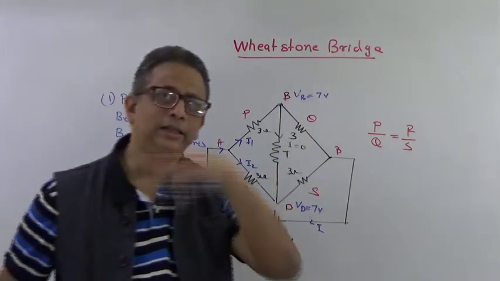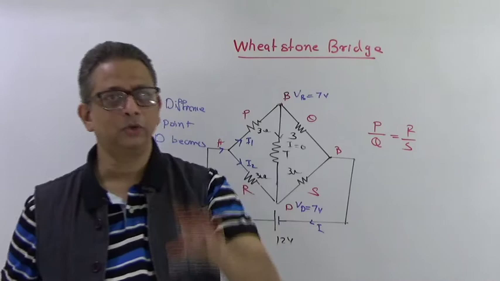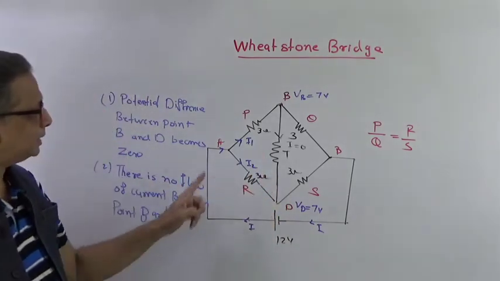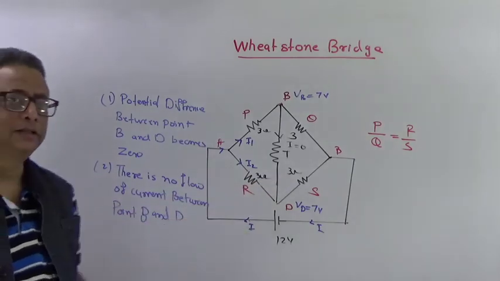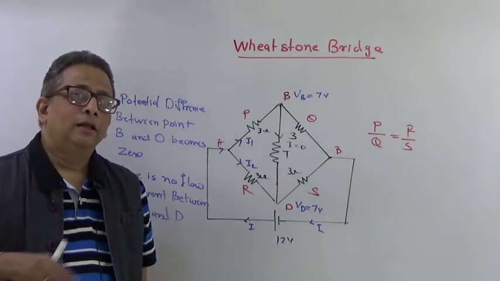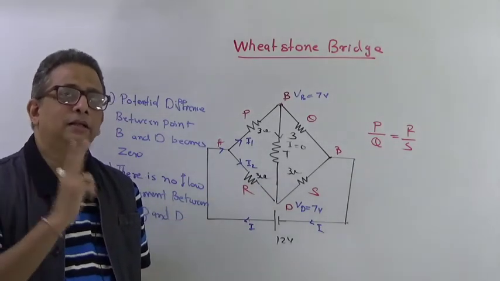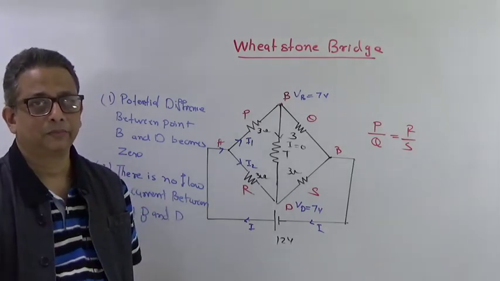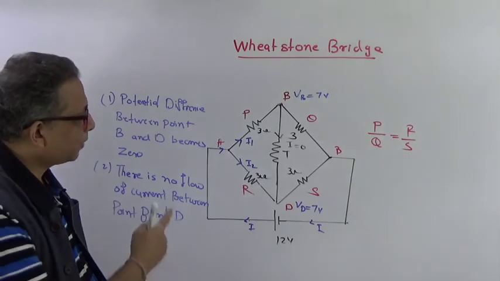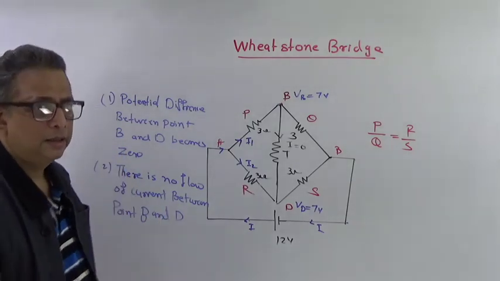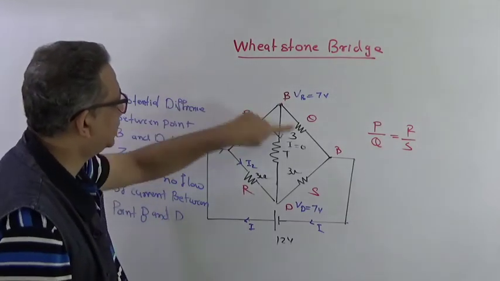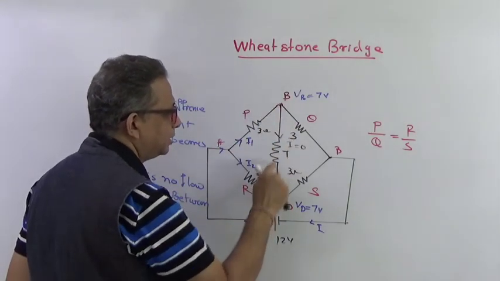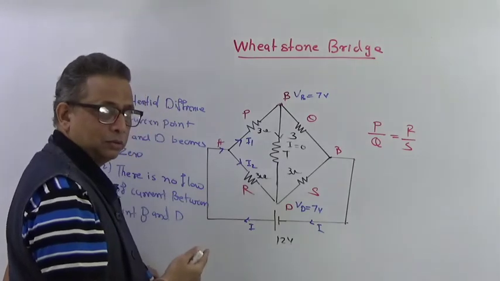So however many resistors are given, there is always some way to reduce them, except in this configuration. Now look at this, here in these five resistances, you will observe that none of the two resistances are in series, neither are two resistances in parallel. Can you find two resistances which are in series? You would say, sir, P and Q are in series. They are not in series because in between them there is a resistance that is connected over here. You are getting me?